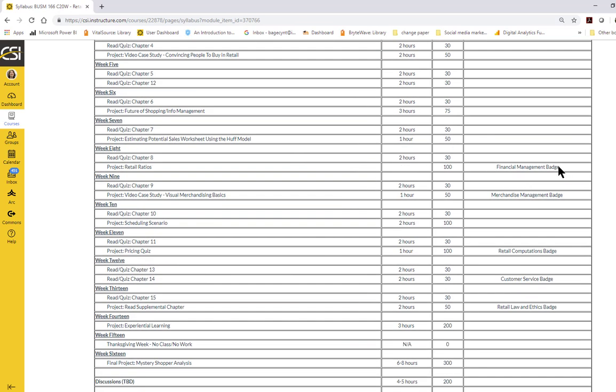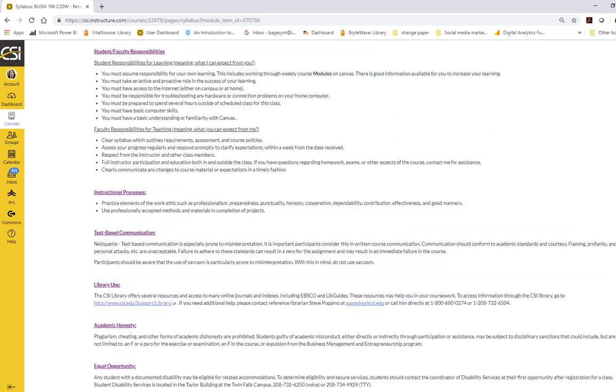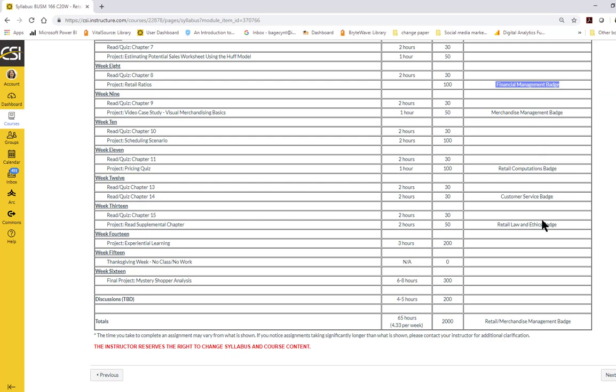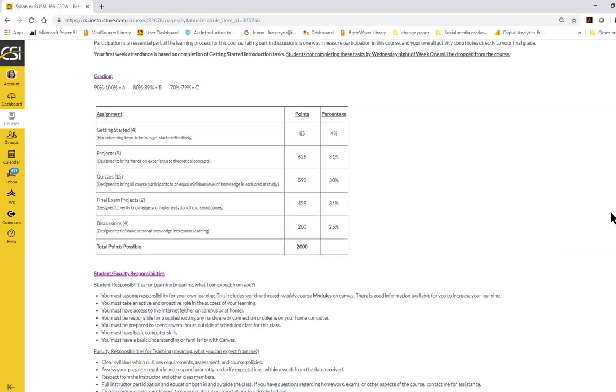I also have the badge information, and there's a link to the individual badges in the syllabus up higher. Let's see if we come up here. Badges, there it is. You can see it there. And then the total number of points available for the term is 2,000. And further up here, you can see how the assignments break down for that 2,000 points.